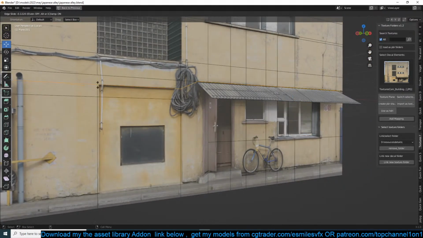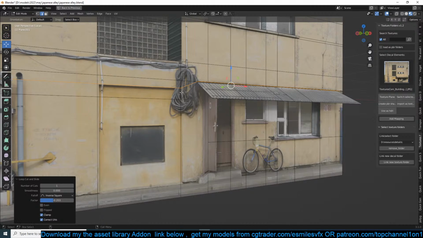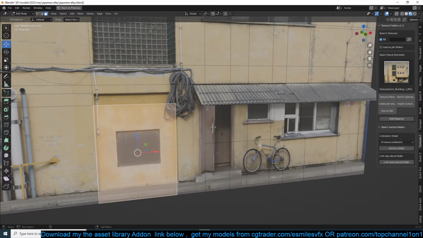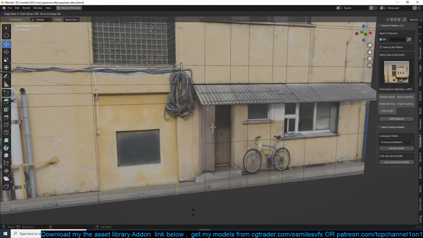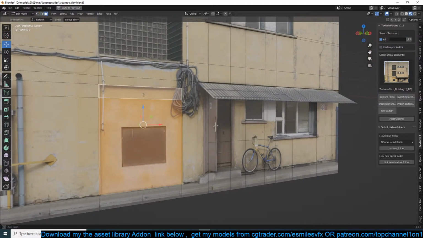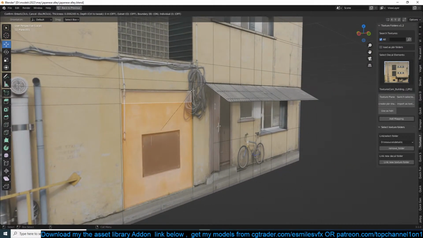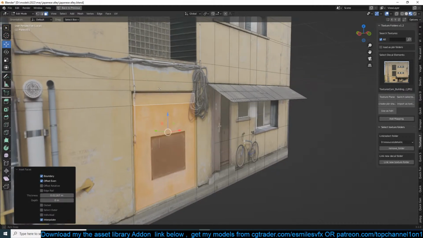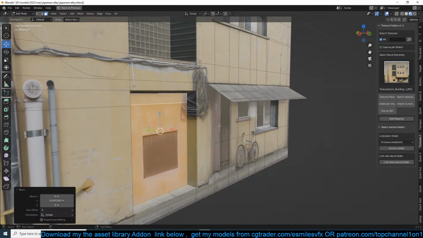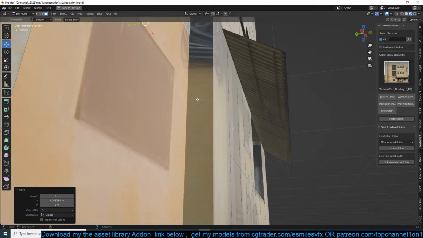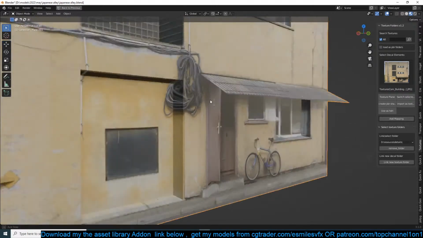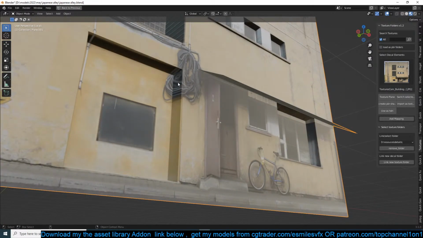Maybe another example can be this here. The issue is that we have wires here, so those are not going to look very good. But yeah, I can insert this so that I can capture some of the wall detail, wall texture here, to be on the side instead of all of it being stretched.